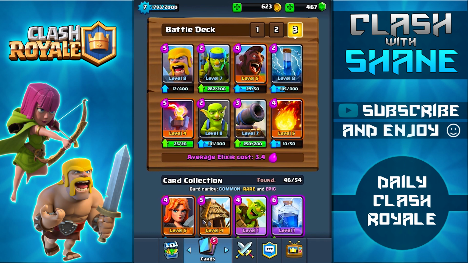Welcome back, guys, to another Clash Royale video, and today I want to share with you guys a great defensive strategy for Arena 7, and that is using both the cannon as well as the Inferno Tower in your deck, because a lot of people right now are either using a Hog Rider deck or a Royal Giant deck, so having both of these cards in your deck gives you a great counter to both of those strategies, because the